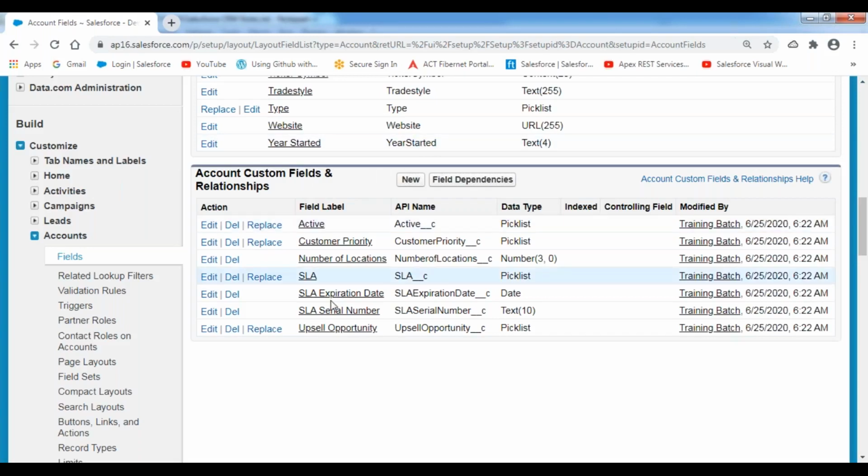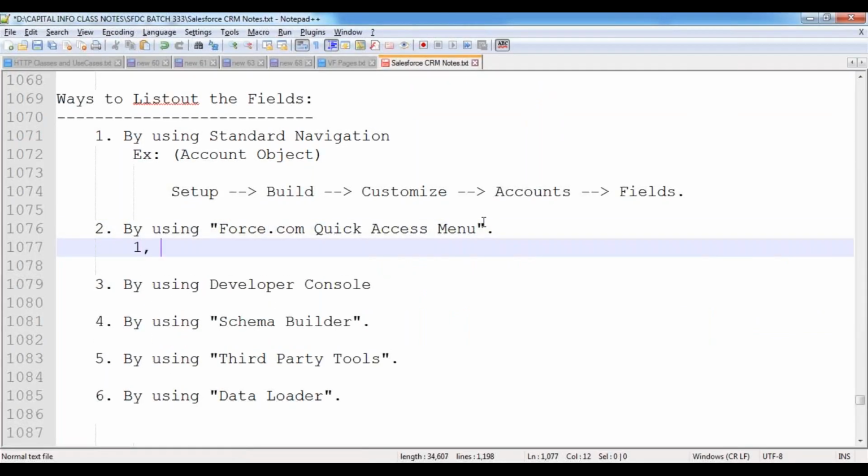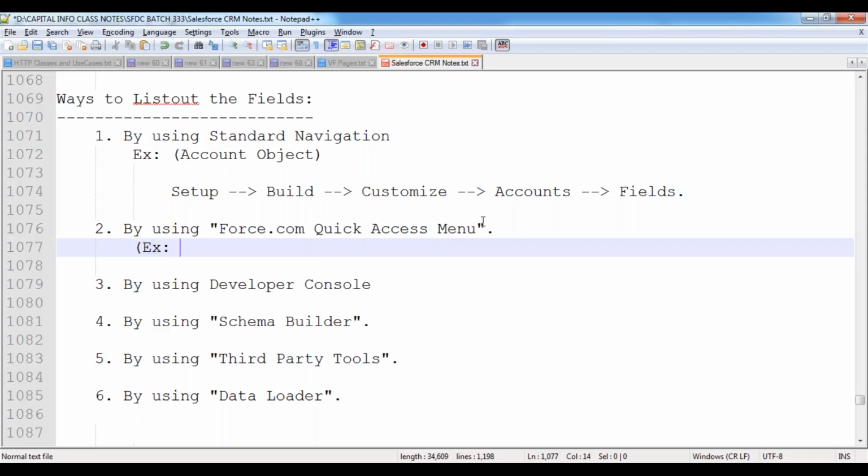Now, the second way, by using the force.com quick access menu. In this case, what can we do? For example, I want to see the fields available inside my lead object.